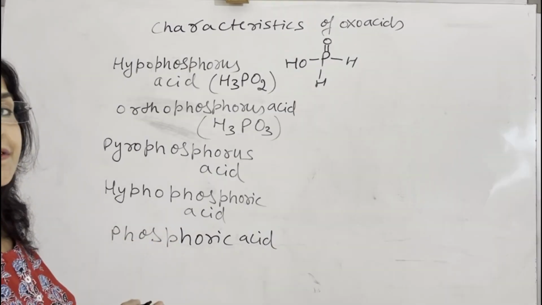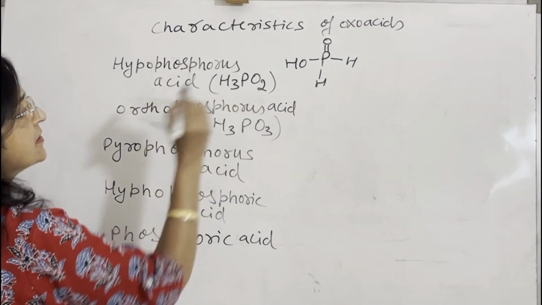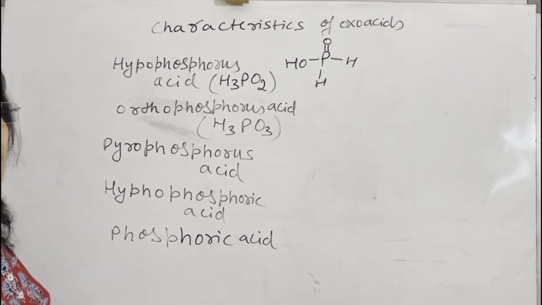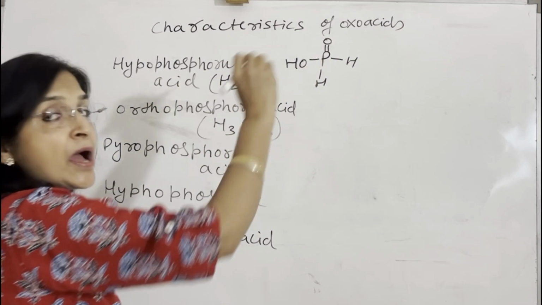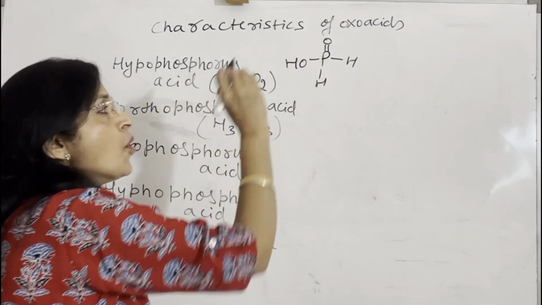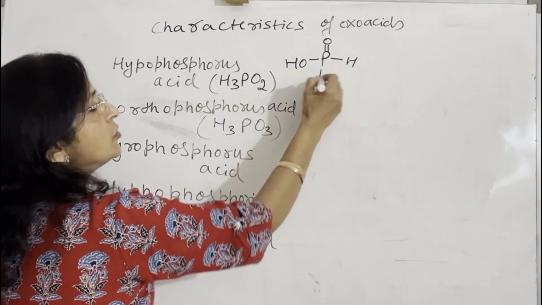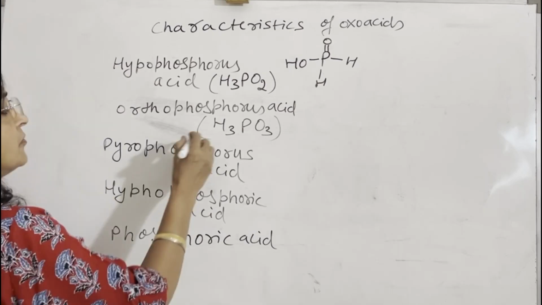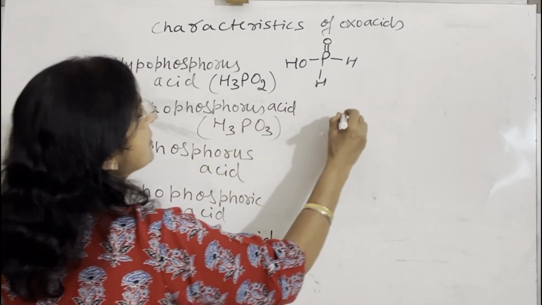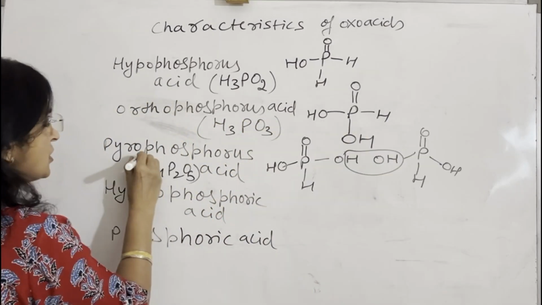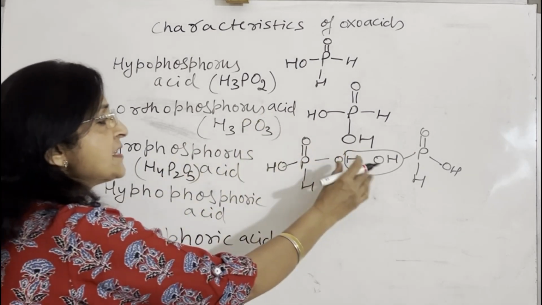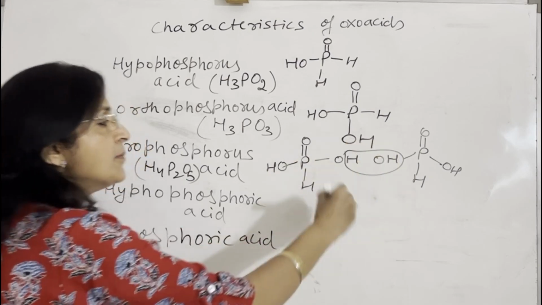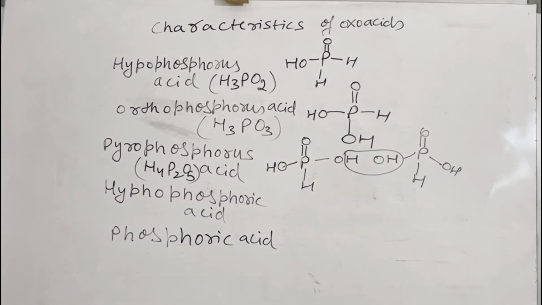These are the oxo acids of phosphorus. Hypophosphorus acid H3PO2 is the molecular formula. तो अभी मैंने आपको characteristics बताई. There should be at least one P double bond O and one POH bond. 2 hydrogens are left. तो ये 2 हाइड्रोजन हमने यहाँ पर पुट कर दी. Now orthophosphorus acid, so this will be the structure. This is the molecular formula of pyrophosphorous acid. तो फॉस्फोरस एसिड की 2 यूनिट्स लेनी है, वाटर एलिमिनेट कर दीजिए और दोनों को असेंबल करके लिख दीजिए. पायरोफॉस्फोरस एसिड का स्ट्रक्चर आ जाएगा.